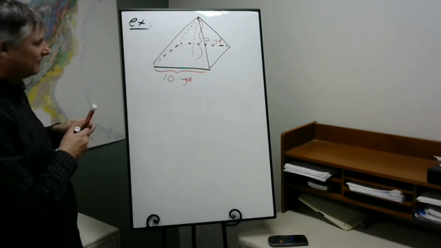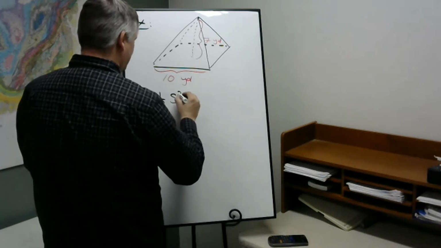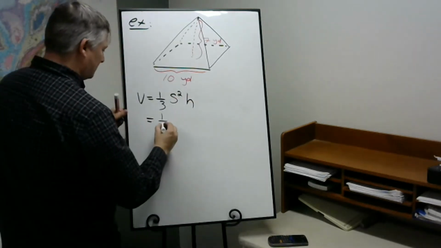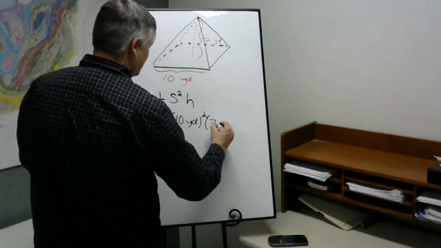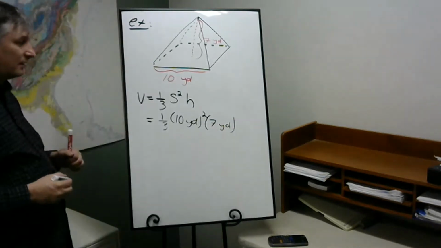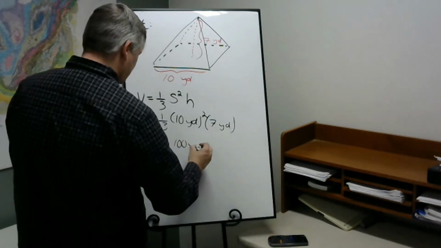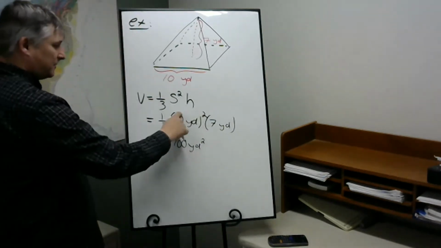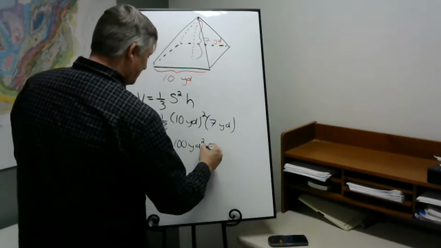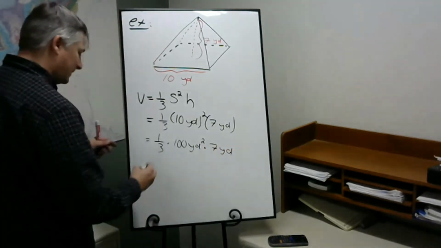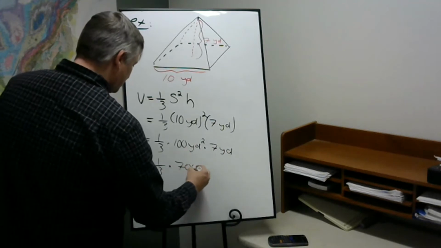What's the volume? Well, the volume is 1/3 s squared h, or 1/3 10 yards squared times 7 yards. Or 1/3 times 100 yards squared. Again, you can distribute this exponent. 10 squared is 100. Yards squared is yards squared. Times 7 yards. Or 1/3 times 700